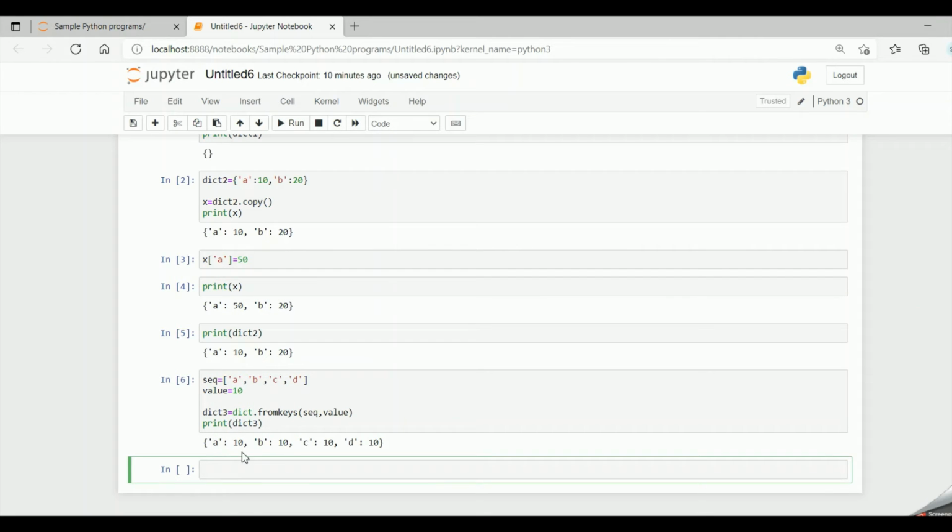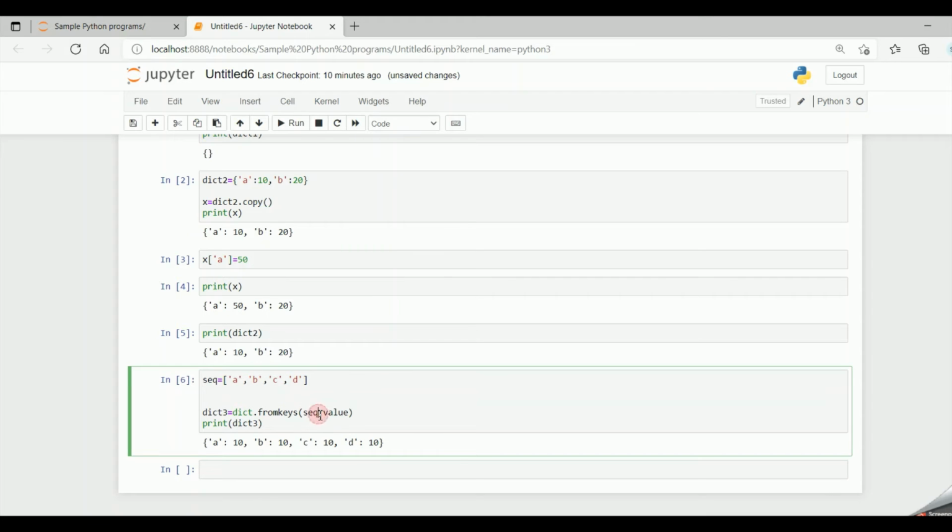So A is 10, B is 10, C is 10, D is 10. For all the keys, the value 10 has been added into the dictionary. Now suppose I don't specify any value over here, I just pass the keys as the sequence.